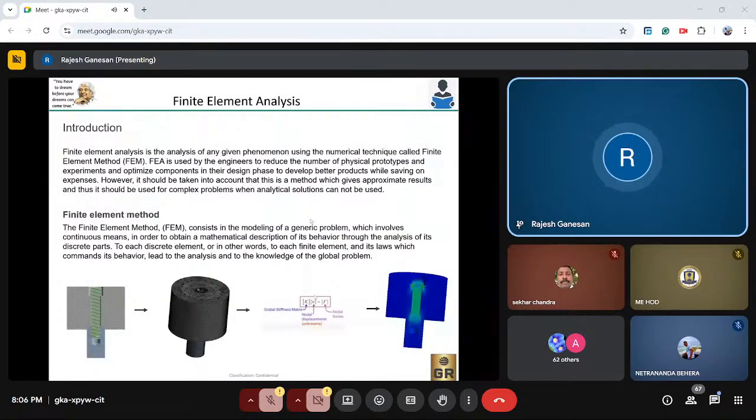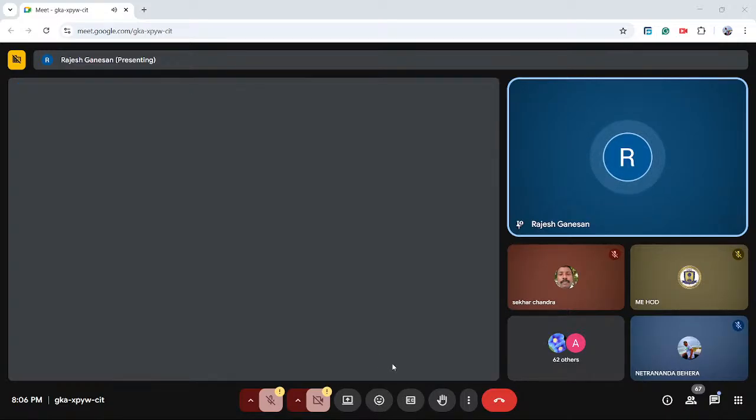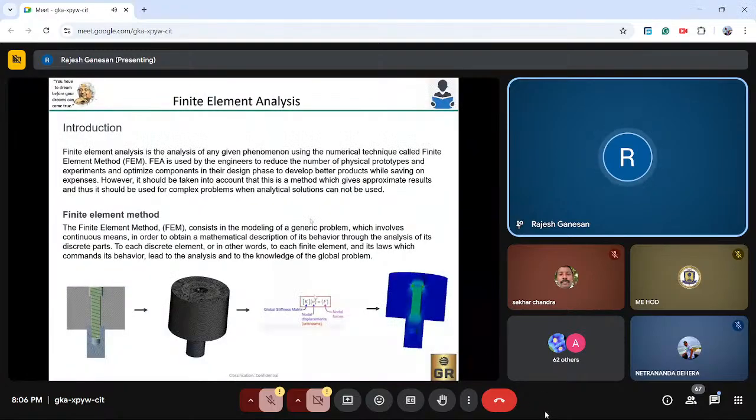So here we are going to discuss industrial finite element analysis. For a few slides, I created the basic FEA: how we do the finite element analysis, what meshing is, what points and nodes we have. Each and every segment we are going to discuss now. And once we have the basic understanding, because FEA is a very vast subject with a lot of content,